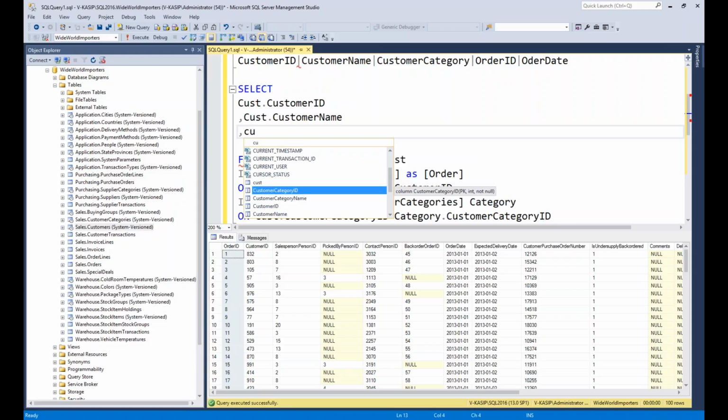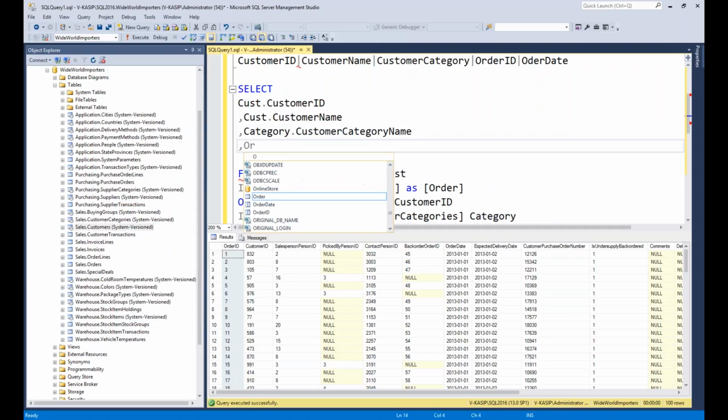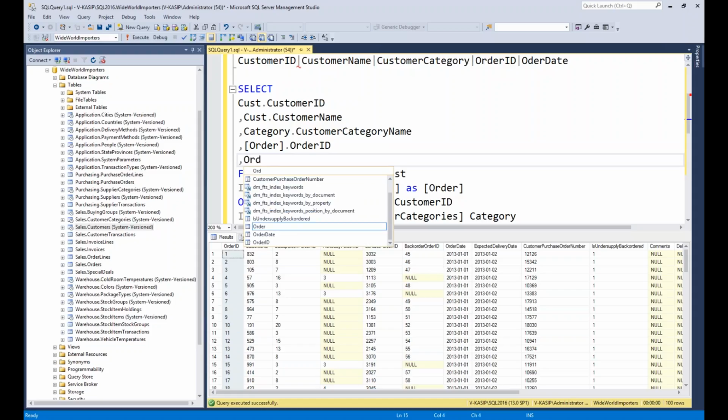Category dot category name, customer category. Then order dot order ID. So we have to take the order table. Yes, you're right. So order dot order ID, comma order dot order date.